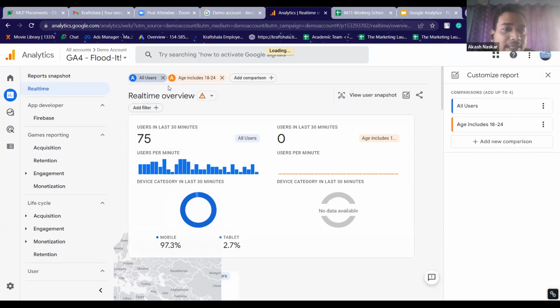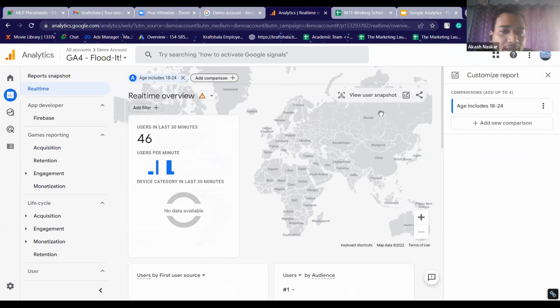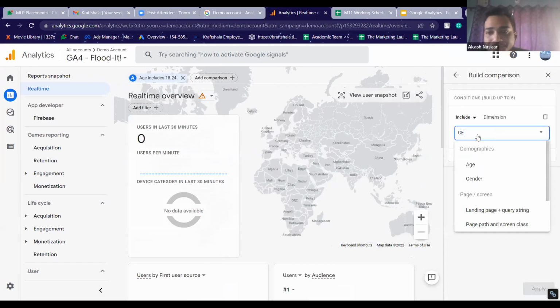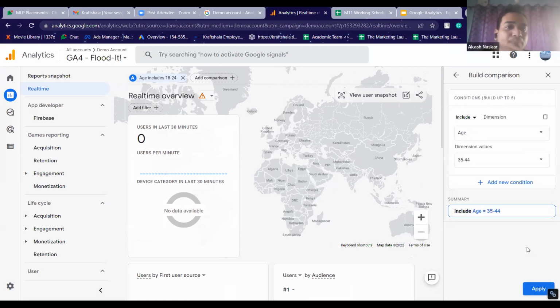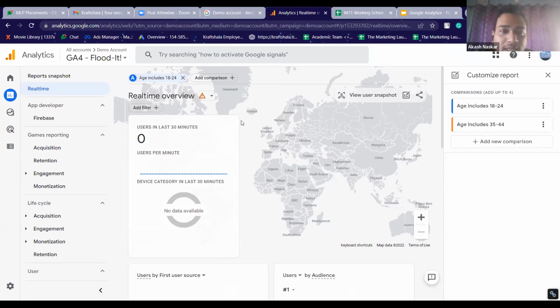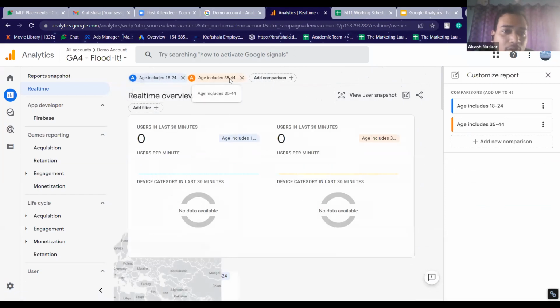So you can put filters like this. For example, I want to see 18 to 24 and another age group. Let's say you select age and then you select, let's say, 35 to 44. You want to see the comparison between these two segments. So you create 2 segments like this, people between 18 to 24 and people between 35 to 44. Currently it shows that not a lot of users between these 2 age groups actually exist. But if you look into other data sources, it might actually be there. The overall idea is that the comparison feature is used to compare any 2 segments that we want to compare with each other. Okay. Is this clear to everyone?